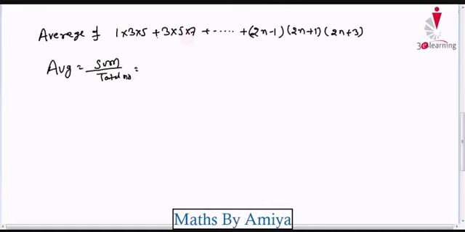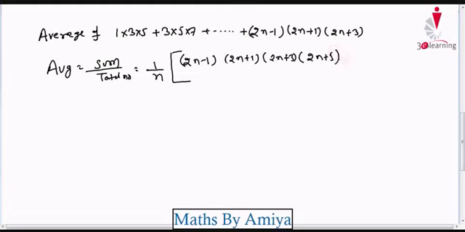So can we say we have going till n terms, the total number is n. If we find the summation, we get the answer. So the summation of this is the last term 2n minus 1, 2n plus 1, 2n plus 3, and one extra term would be 2n plus 5, minus the first term into the previous term would be 1 into 3 into 5 into minus 1 is the previous term, upon total number of terms is 1, 2, 3, 4 with common difference is 2. So if we solve this, what we will get,